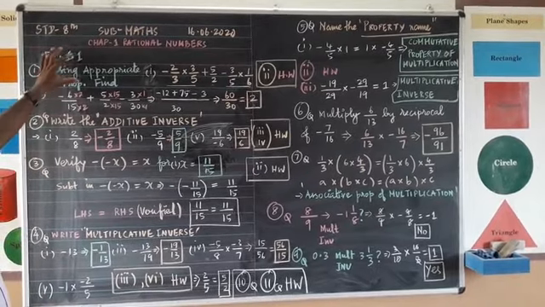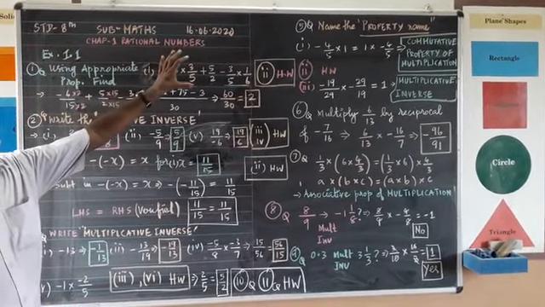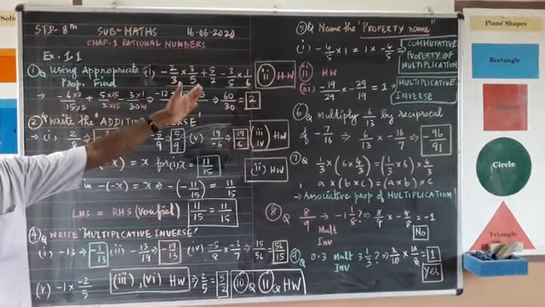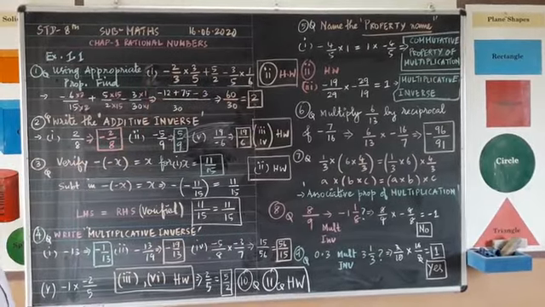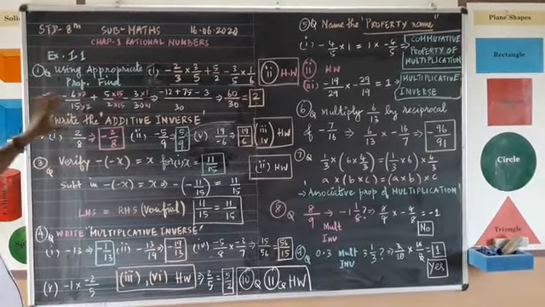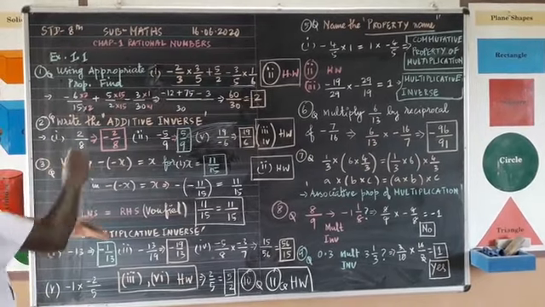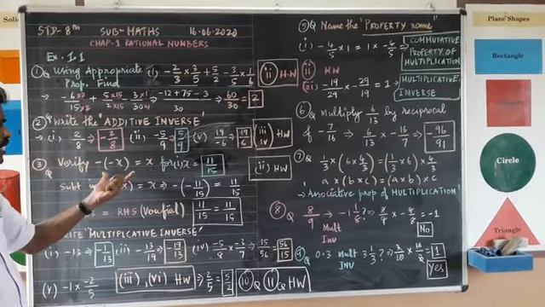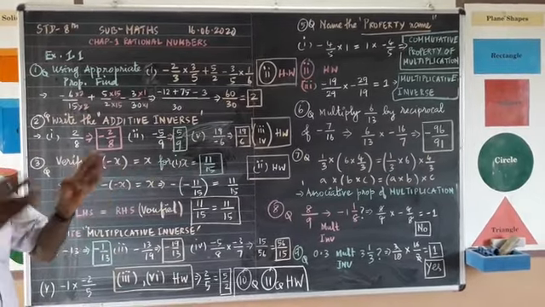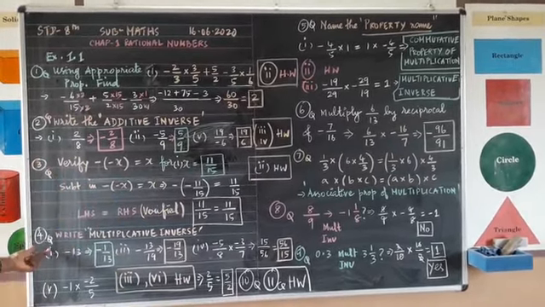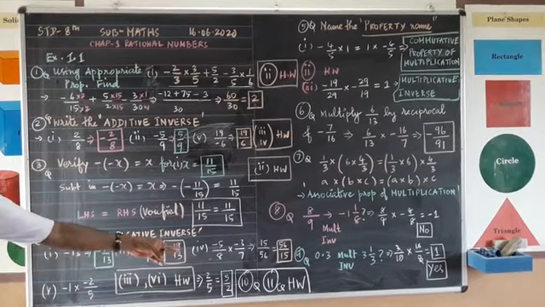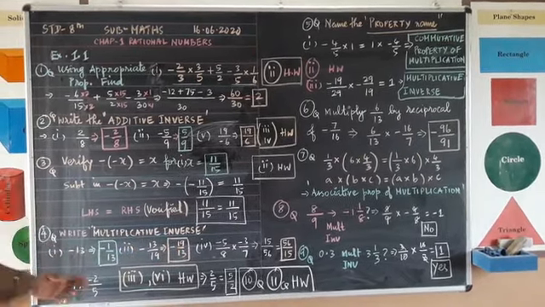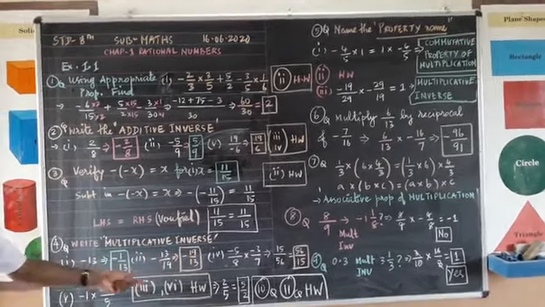Very simple one. First one is using the appropriate condition property you have to simplify the multiplication, minus plus. Second one, write the additive inverse of the given number. Just the opposite number you have to write. Third one, verification condition. You have to substitute the number and see both the sides are equal. Fourth one, what is the multiplicative inverse? That is the inverse of the given number. So that one we have done.